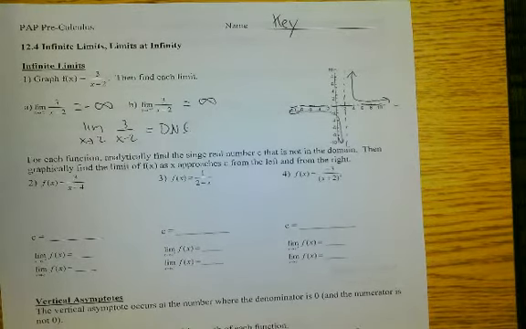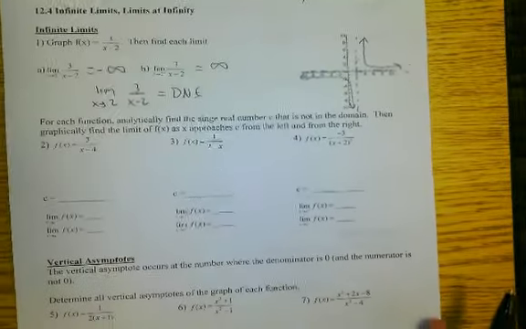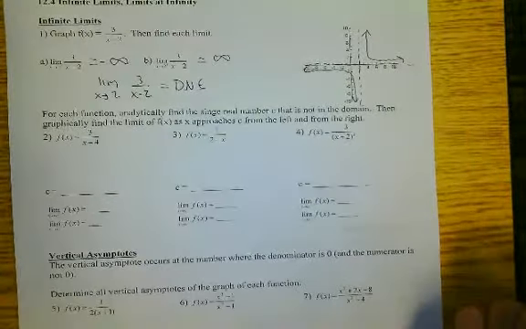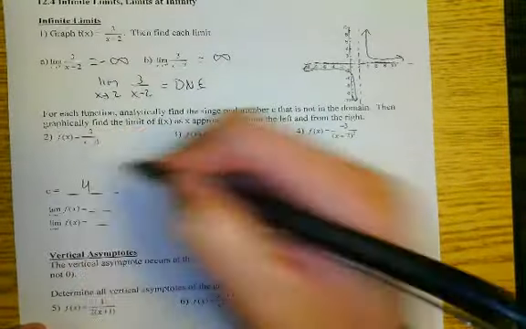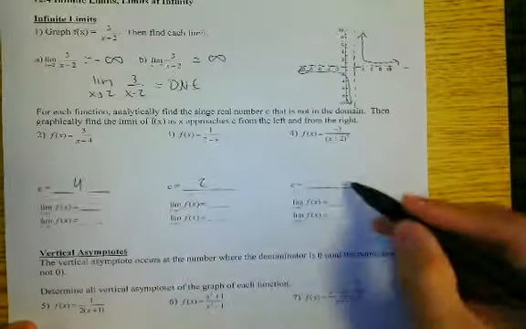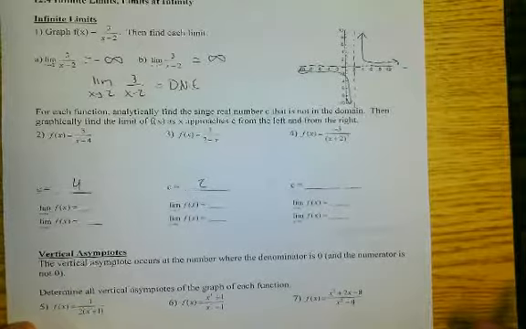Or you can create a table on your own. Okay? So honestly, if you're more of a visual learner, it doesn't take you that long to come up with a rough sketch. It doesn't have to be exact. The only things that need to be exact is obviously your asymptotes, correct? So, if for example, you look at number 2, you have an asymptote at 4. And on number 3, you have an asymptote at 2. And on the last one, you have an asymptote at